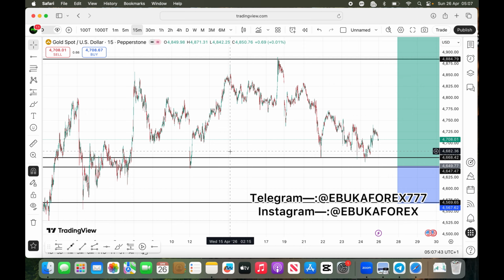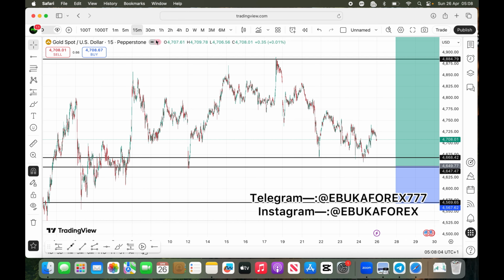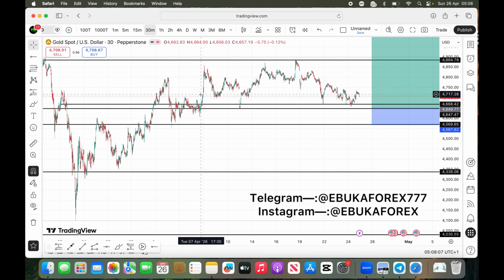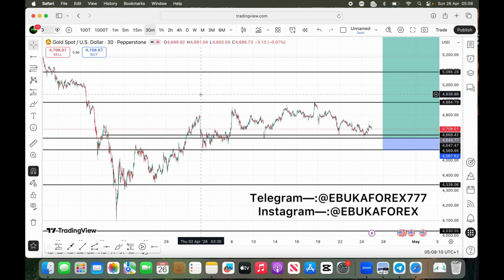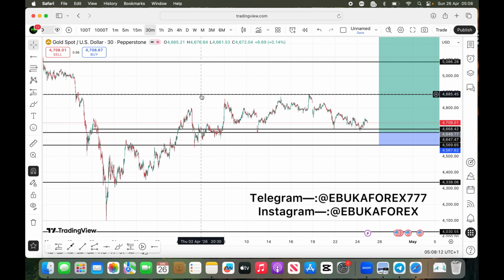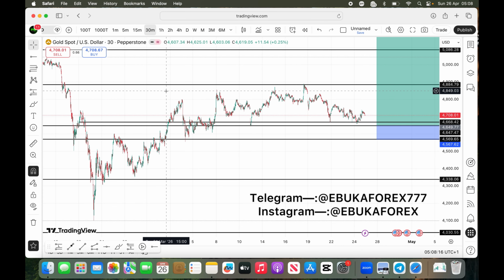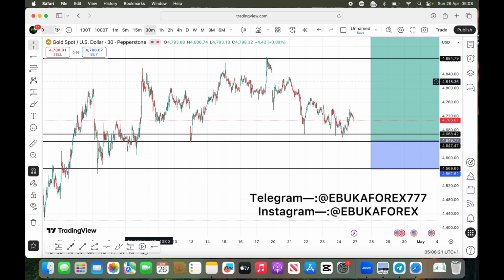Because without you having all those data, you're not going to understand what the market is doing, and you'll be trapped. Because when you see a little market structure shift or liquidity sweep or maybe a liquidity grab at the major key level, you think, oh, the market is about to sell. Even if you see a long bearish engulfing candle, that might just be a little liquidity sweep for the major price expansion to take place.